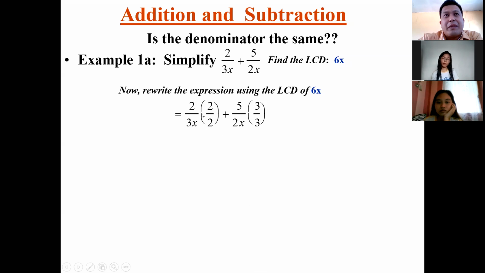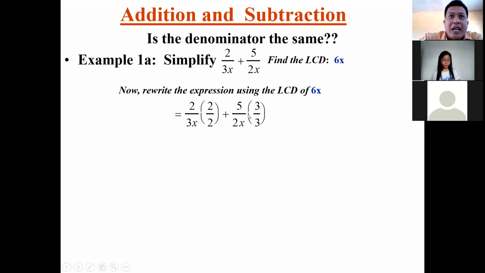I know na, this is what we call the multiplicative identity. You just have to multiply the value with an identity which is equal to 1 to arrive at the LCD, which is 6x. Similarly, to arrive at the LCD of your second term, 6x, the 2 will be multiplied by 3, and the numerator will eventually be multiplied by 3. Ergo, you're going to have the value now